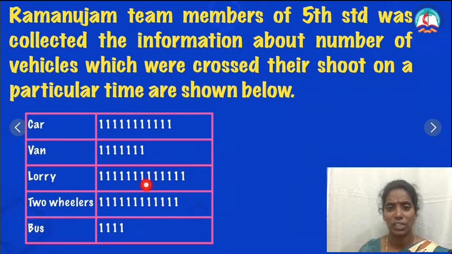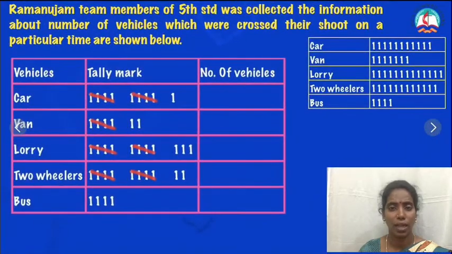It's very difficult to count, right? While we are seeing all the single marks like that, it's tough to count. Yes, you're right, it's very tough. So what will we do? Use tally marks. How can we do it? First look at the car. How many cars are there? 11. So draw 11 tally bars.